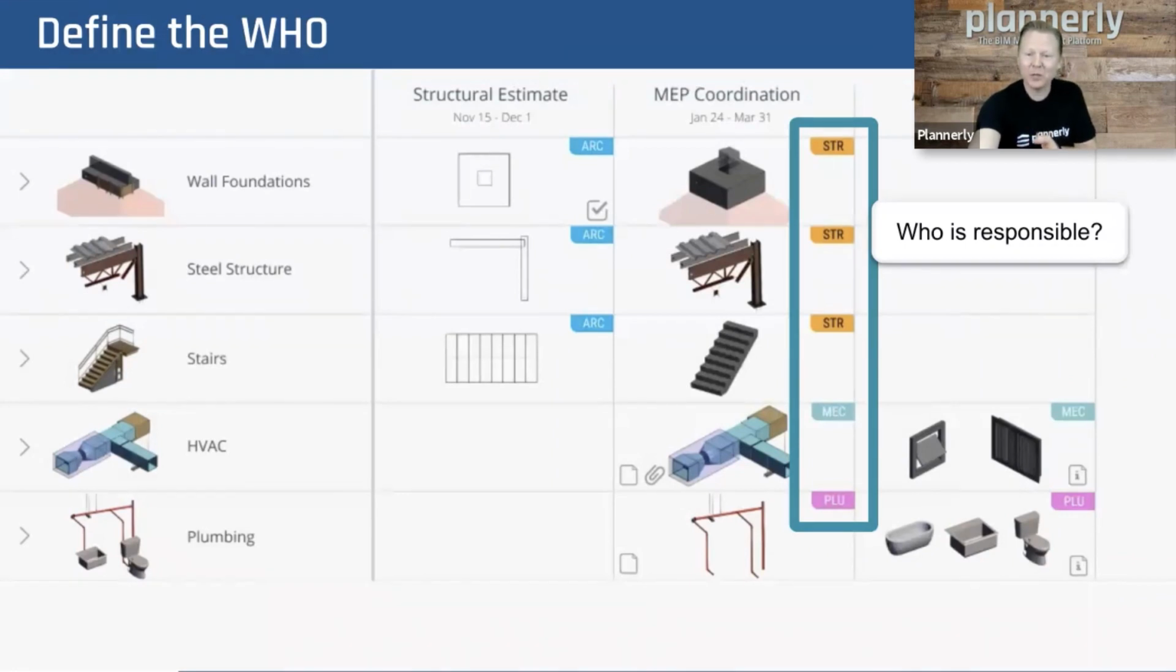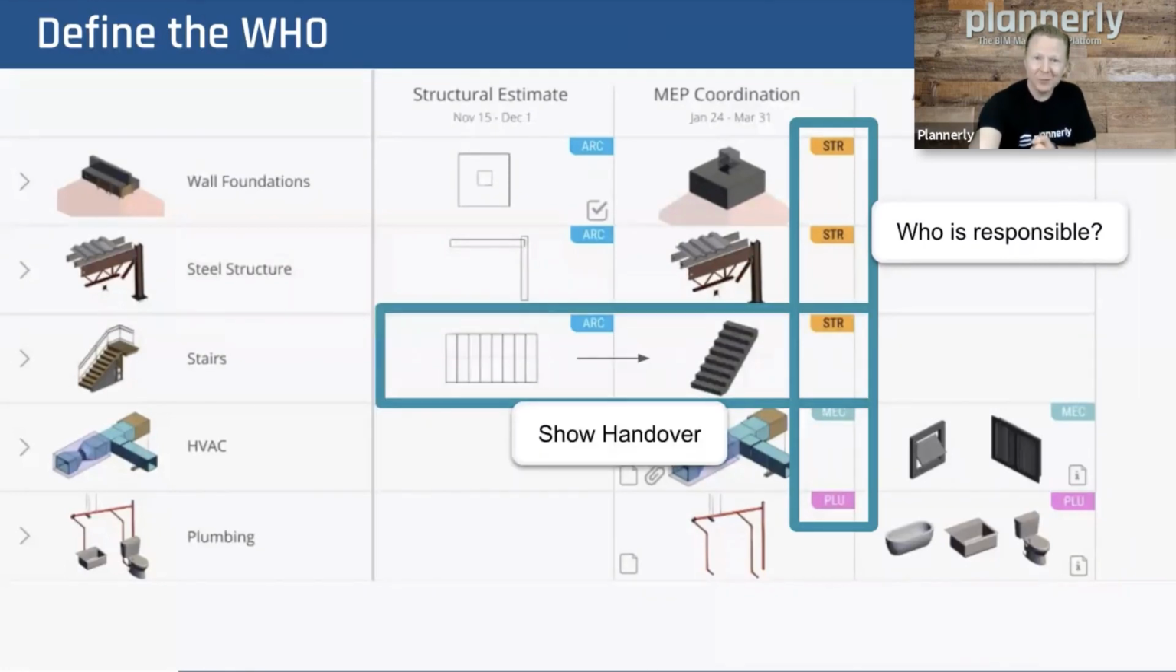And then who is responsible? Here we can see the structural, mechanical, and plumbing team. They are responsible for certain scopes. And we can also see where that scope is handed over from the architect to the structural team. So understanding who is responsible at what point in time, and especially so when there are handovers between teams that